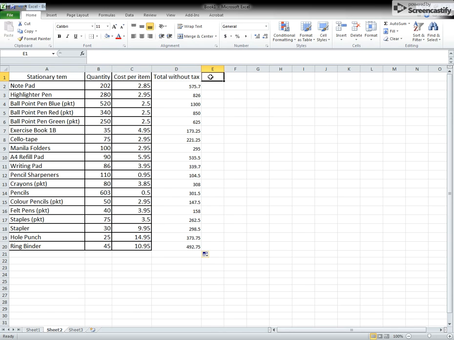So now we want to calculate the tax. Taxes usually in Ontario is 13% of what you buy, so of what you have to pay. So we're going to pay $575.70 and we have to pay 13% of that. So if you remember from math class, if you want to calculate a percentage of something,